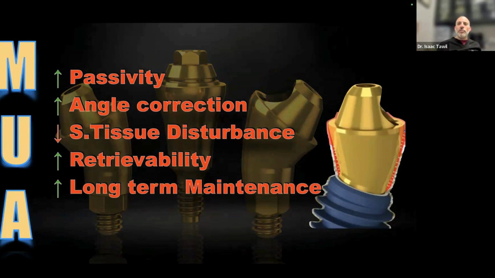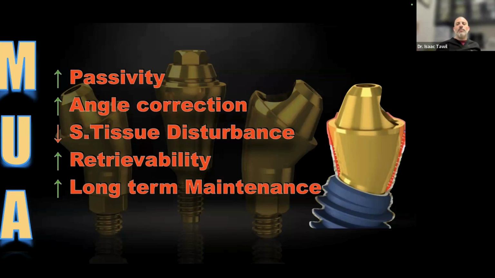It doesn't disturb the soft tissue because I'm not taking the abutments in and out, so I'm not disrupting the area around the implant connection. It makes it easy to retrieve because I can just remove the Teflon tape that's blocking it, unscrew everything, and clean it if I find that there's some gingival irritation. And that helps me for my long-term maintenance. If I need to remove it and add some material because I have a little shrinkage, I can do that with simplicity, as opposed to going direct to the fixture and stressing that connection over and over and over again. I can change these screws.